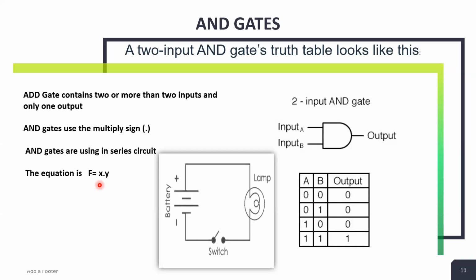Okay? Look, A and B. The value of A is 0, multiplied by the value of B, which is 0, then what will be the output? 0. If the value of A is 0 but the value of B is 1, we will multiply it, the value is again 0 due to the sign of multiplication. And the third possible combination, if this one is 1 but this one is 0, again the output is 0 due to the multiplication sign. But when both values are 1, then the output is 1.